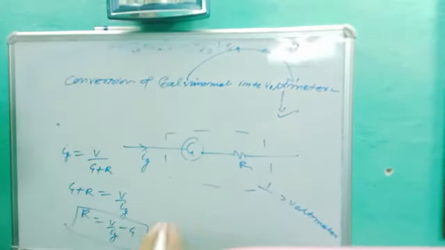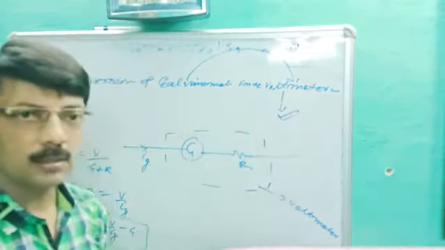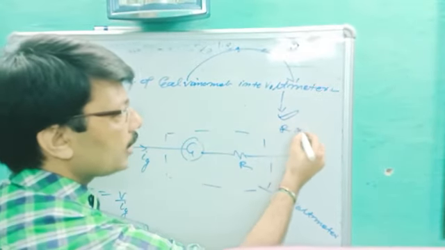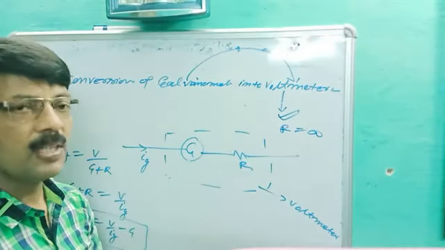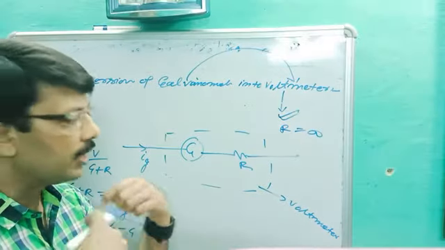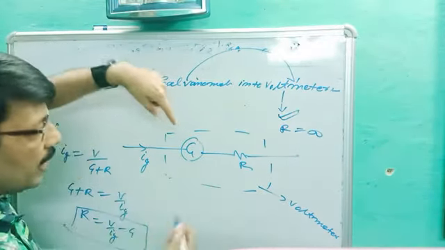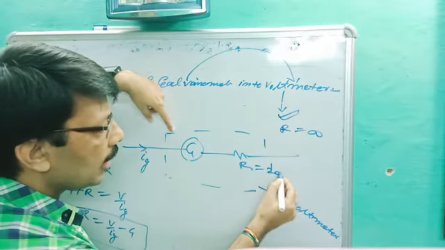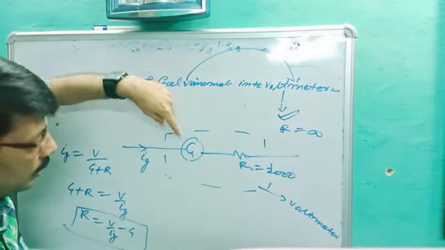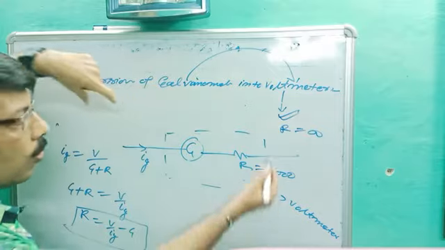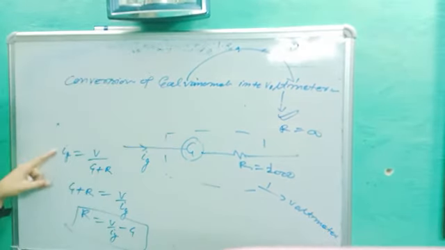Once again, a voltmeter is a device which measures the voltage. For an ideal voltmeter, resistance should be infinite. It means we have to increase the resistance. How can you increase the resistance? In 10th standard, you better know, by series combination. So if we connect a larger resistance, like more than 2000 ohm, in series with the galvanometer, then the whole device becomes a voltmeter. So I is equal to V upon R.